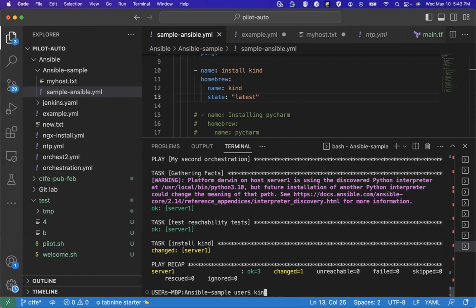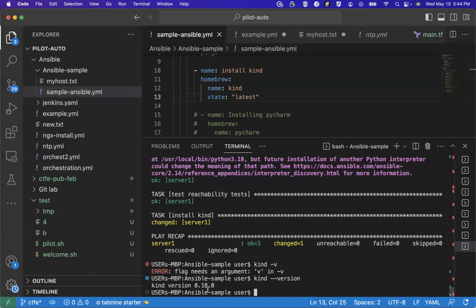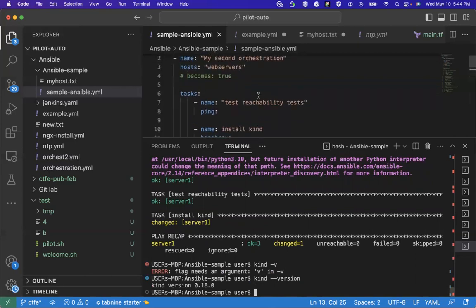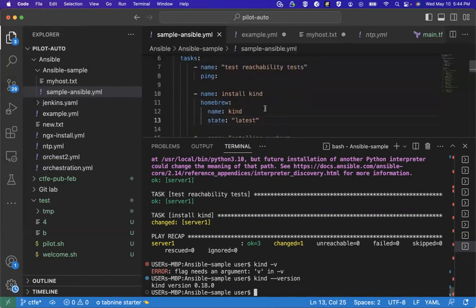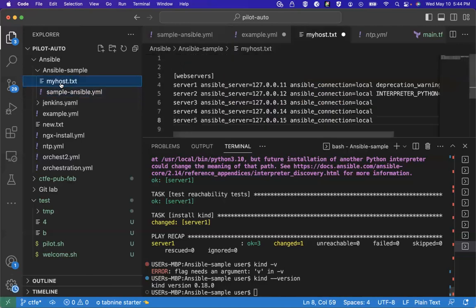If I say kind version, I'm supposed to come back with something. Kind version. It will tell me that kind is installed. Understand? So any application you want to install, for example, all your applications, you have to put the process you want to use to install your application before you install it. You can also add it. So just mention anything. You can run this now. If you have your Ansible playbook running in your system, just try this. Let me just send this to you.